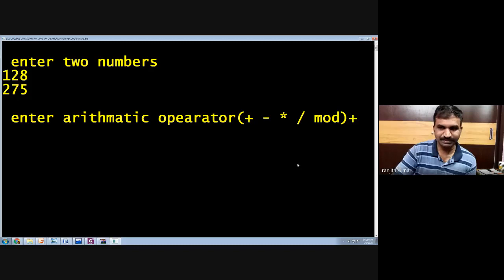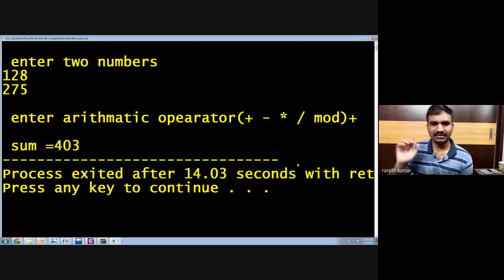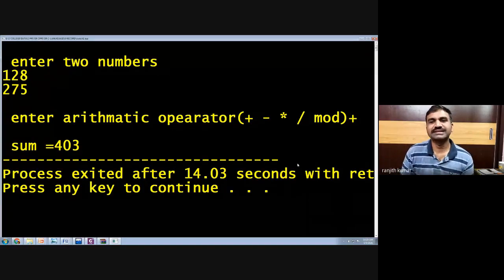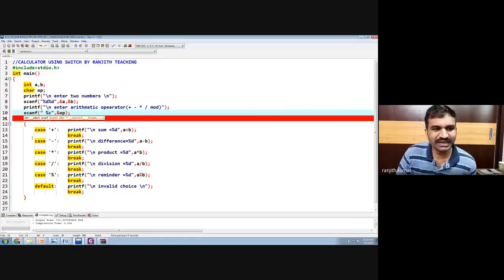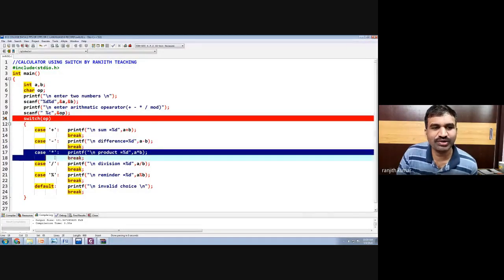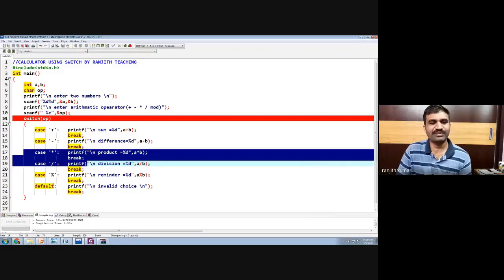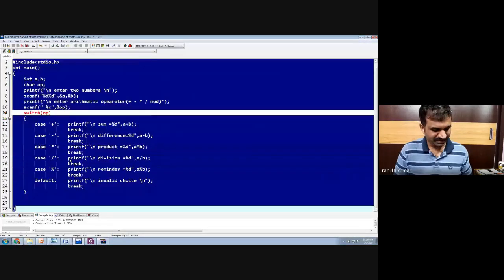Then press plus, and the sum is equal to 400. Because you have entered plus, the sum will be displayed. Are we clear? So similarly, if you enter minus, the subtraction will be printed, the product will be printed, the division will be printed, and the remainder for the ampersand will be printed.